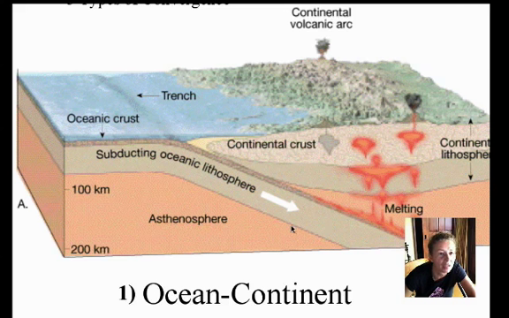Okay, so here's your cartoon, ocean, continent. We're going to talk about the three types of convergent plate boundaries. We talked a little bit about it just then. You get an ocean and a continent converging together where the oceanic crust subducts underneath the continental crust. You get a trench right next to this volcanic mountain range or volcanic arc. Okay, so as the one plate is subducting under the other, part of it melts and it comes back up as volcanically active mountains. Okay, right next to a trench. We talked about the Peru-Chile Trench and the Andes Mountains being a really good example that we've talked about all